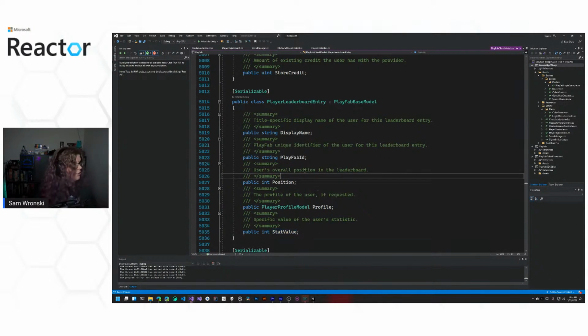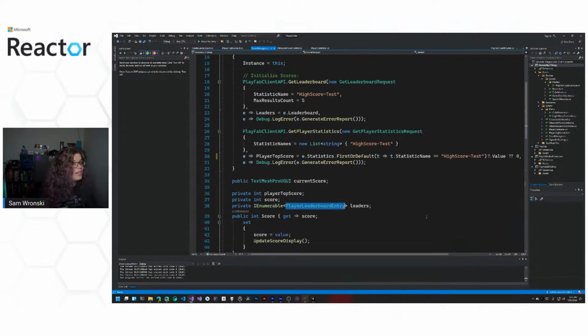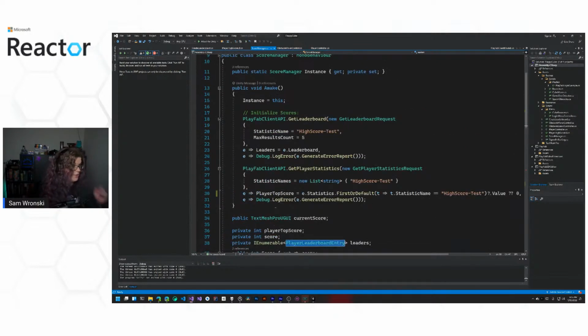So this gives you a way to get the display name and stats value out of that player, so you can write it into your UI. In this case, we have two things that we're doing. The first one is pulling down the high score. That's happening here. This is reusing the get statistics thing that we were using previously.